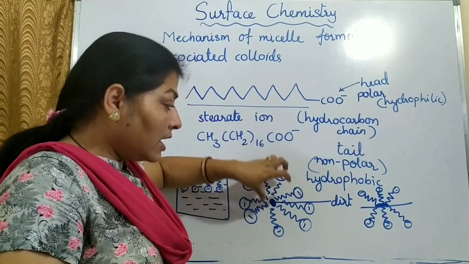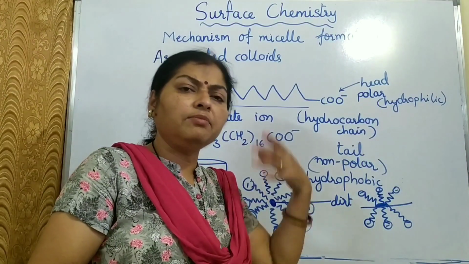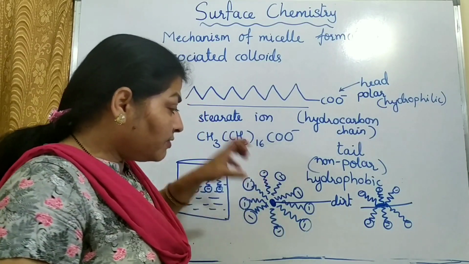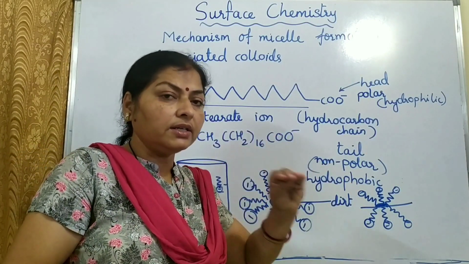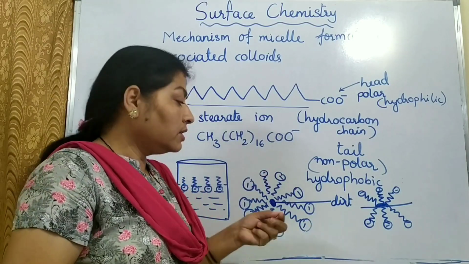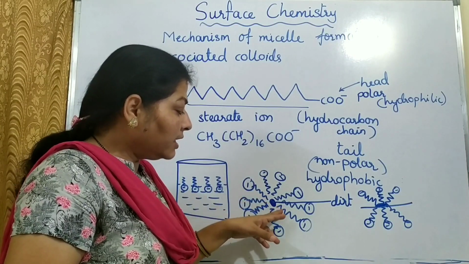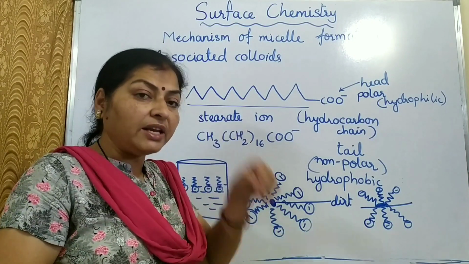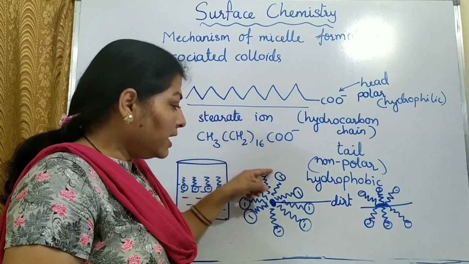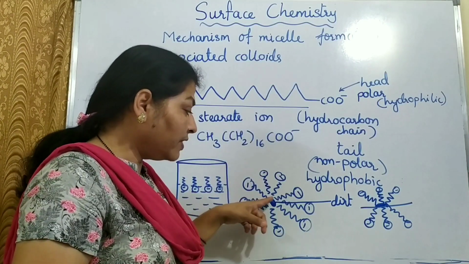Like this, nearly 100 soap molecules, they cluster together and there will be lakhs and millions of micelles in a soap solution. And if suppose there is a dirty cloth or a dirty surface which needs to be cleaned, so it will also contain grease or oil. So when it is put into soap solution or soap water, then the tails of the micelle will penetrate into those particles of dirt on the surface of the cloth and the head will remain pointed outside towards the surface of water.